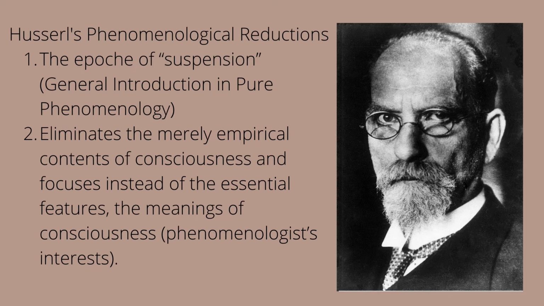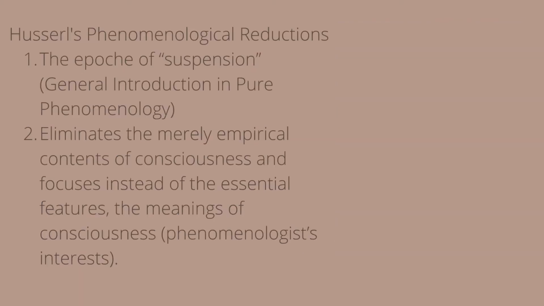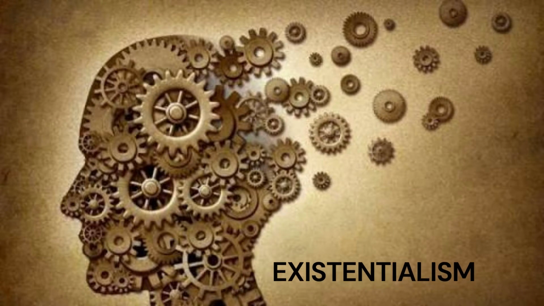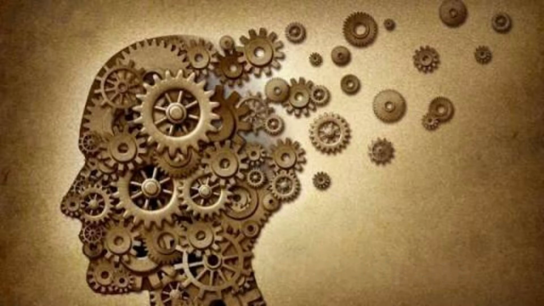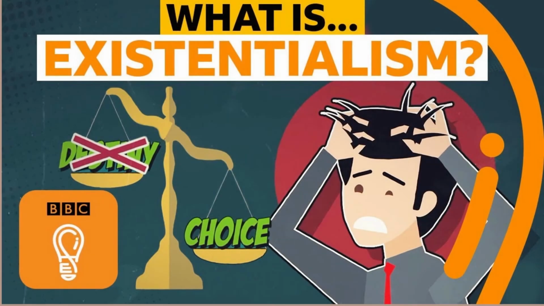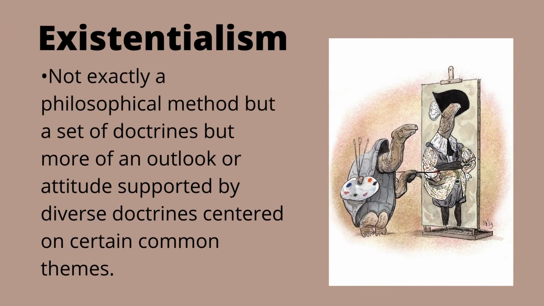And now, let's proceed to the second method of philosophizing, which is existentialism. What is existentialism? Existentialism is not exactly a philosophical method or a set of doctrines, but more of an outlook or attitude supported by diverse doctrines centered on certain common themes. These themes include